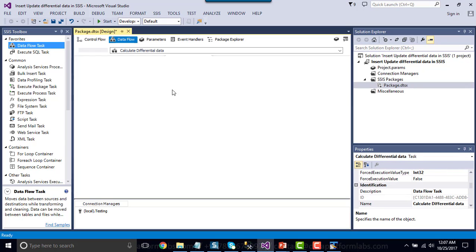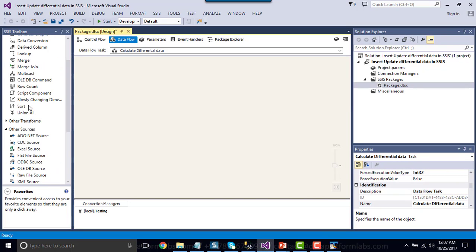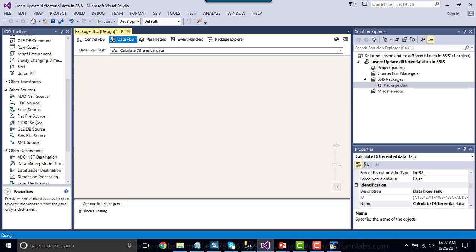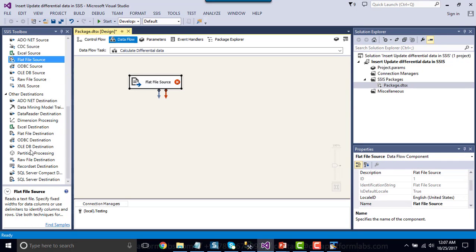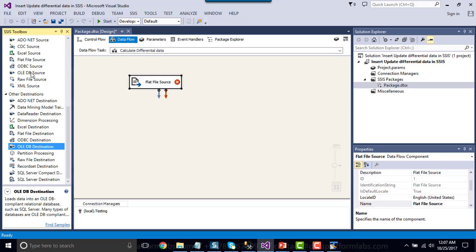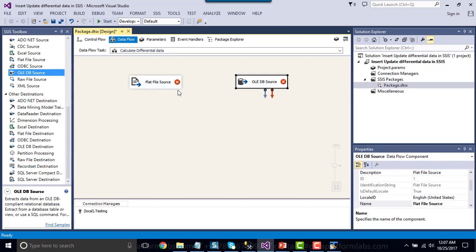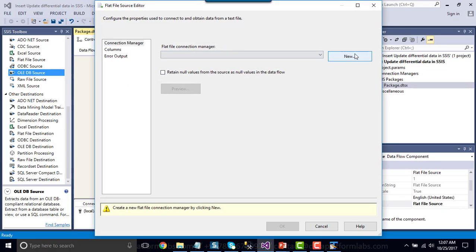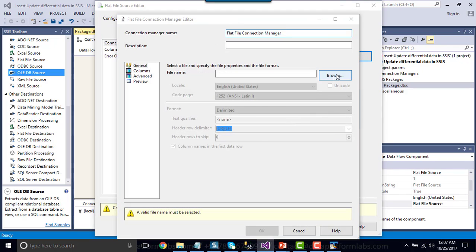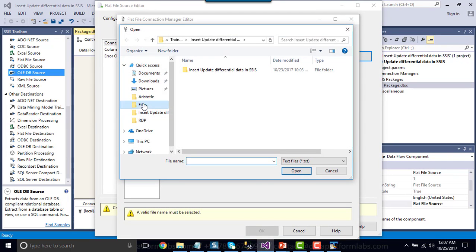Under the data flow task, we will read data from the flat file, as well as read data from the SQL Server table. Then we will join this flat file with the SQL Server destination table, and figure out what are the new or updated records. Okay, so double click the flat file source, and make a connection to the CSV file that we have.